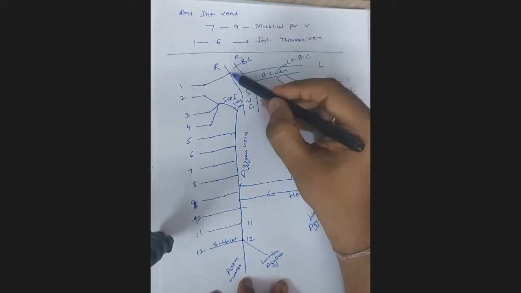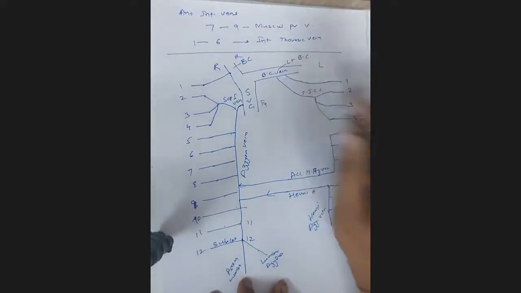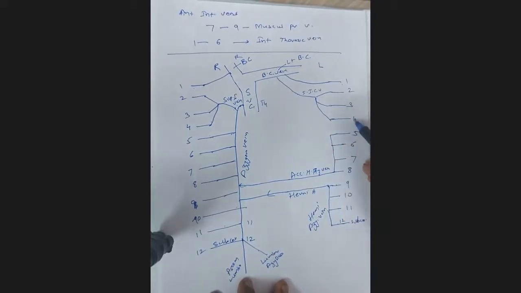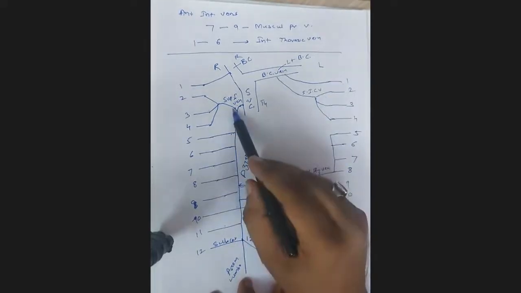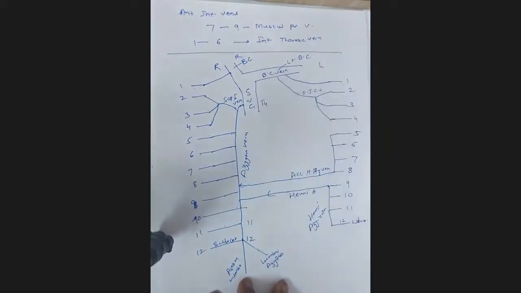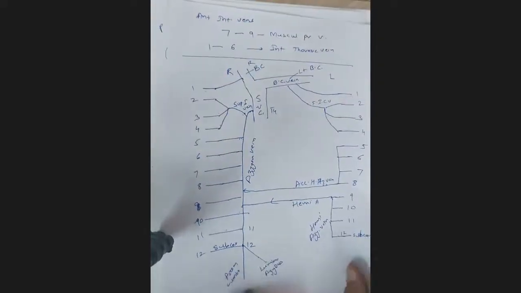The first one drains into the brachiocephalic vein on the right side. Even on the left side, it drains directly into the brachiocephalic vein. The first posterior intercostal vein on the right and left side drain into brachiocephalic. Second, third, and fourth on the left side also form the superior intercostal vein. On the right side, it was draining into azygos; on the left side, it drains into brachiocephalic. The 12th, that is the subcostal vein, 11, 10, 9, they form hemiazygos vein. This also drains into azygos, and 5, 6, 7, 8 posterior intercostal veins on the left side form accessory hemiazygos, which also drains into the azygos vein.